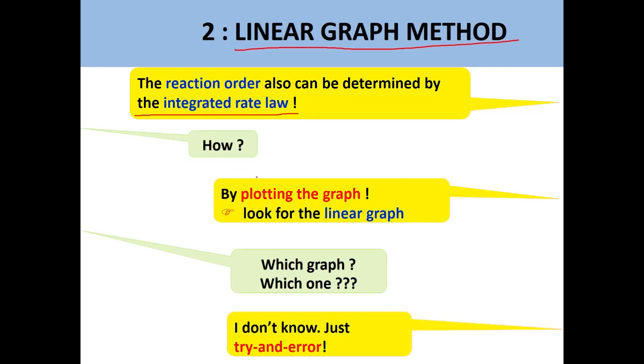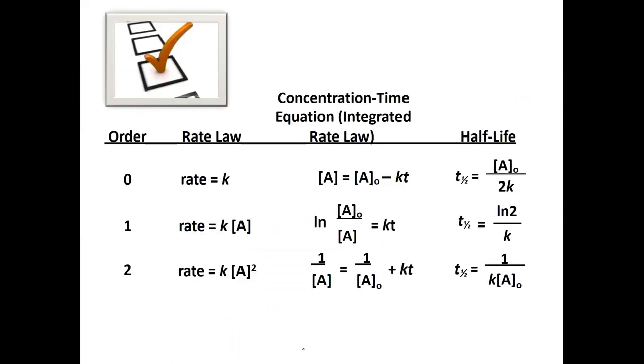Okay, for this part you have to plot the graph. Look for the linear graph. Which graph? I don't know, just trial and error. So for example, for zero order, the rate is equal to k, so the rate law is this one,